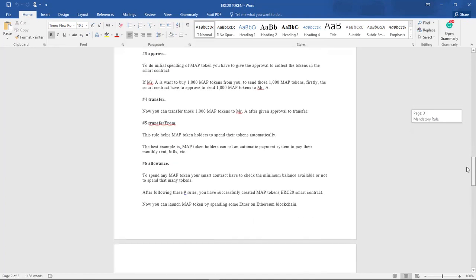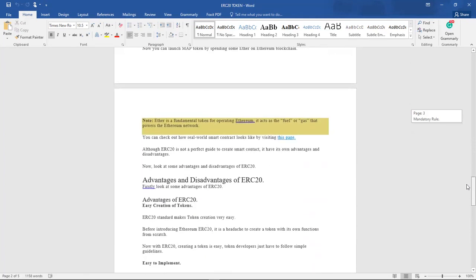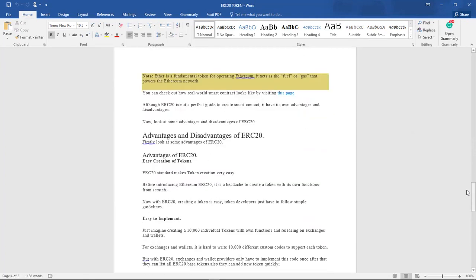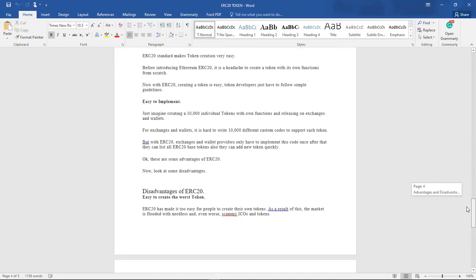Then we have balanceOf, totalSupply, approve, transfer, transferFrom, and allowance. We also talked about the advantages and disadvantages of an ERC20 token. ERC20 tokens are easy to create, and also easy to implement. Then we have the disadvantages.